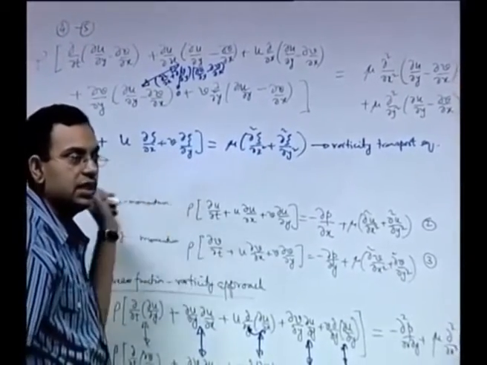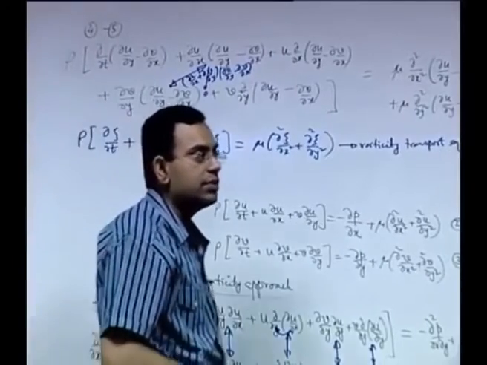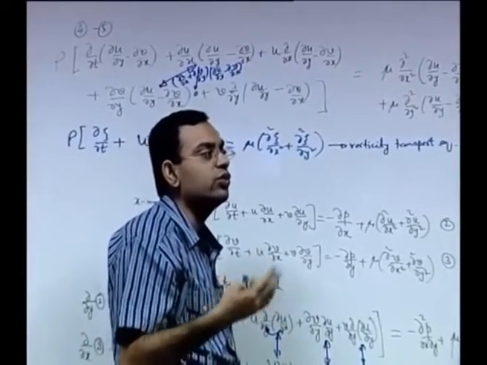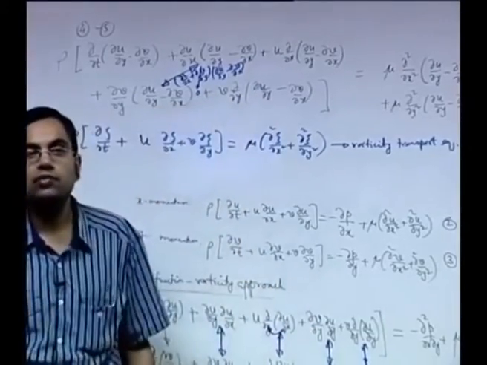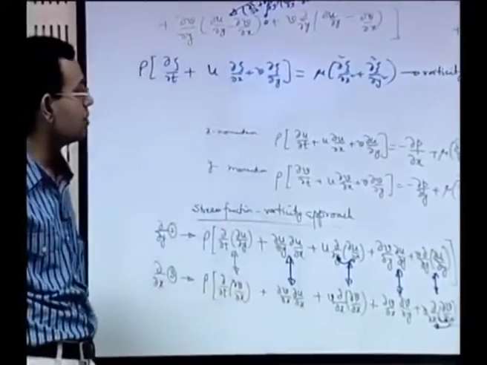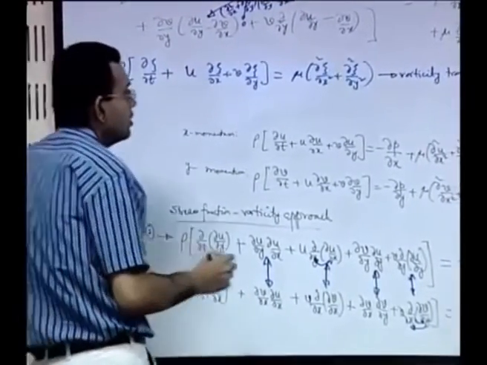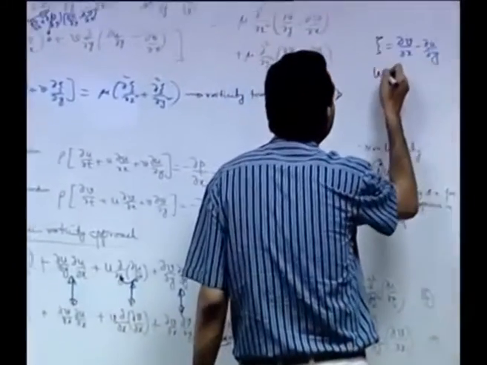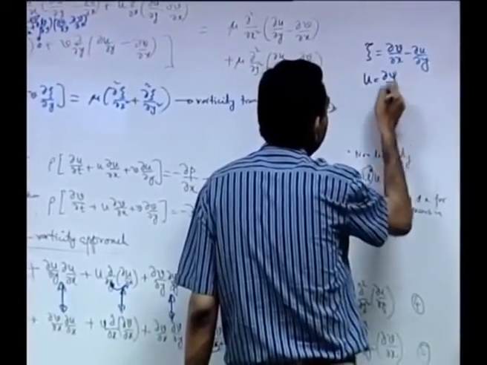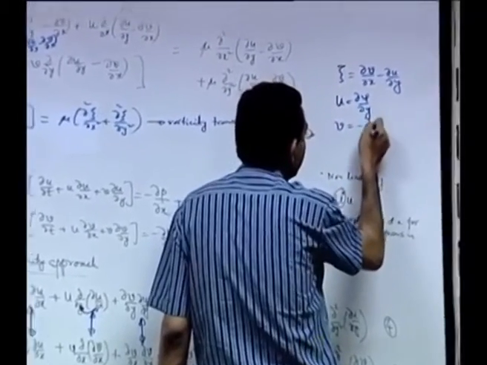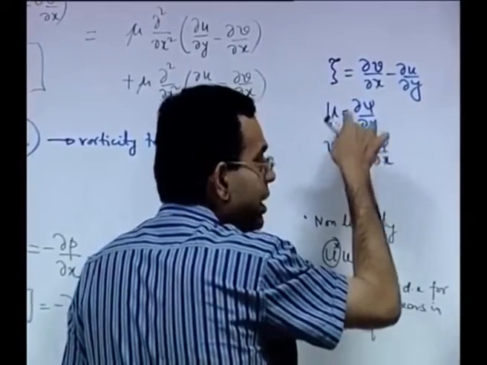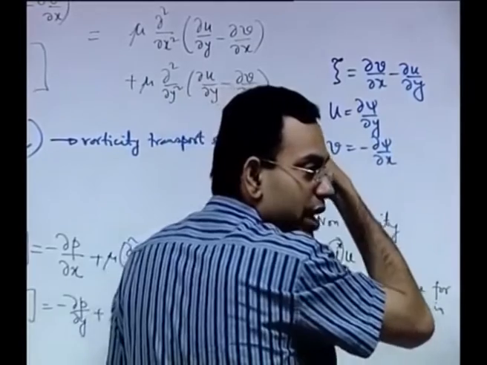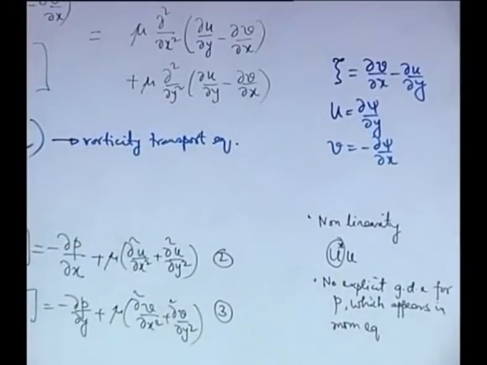Now, still it involves u and v, although pressure is eliminated, u and v is there. So, there must be some other parameters that are connected to u and v, and in 2 dimensional incompressible flow the parameter that connects u and v is the stream function. So, you can define u is equal to del psi del y, v is equal to minus del psi del x. Again any one of these could be a plus sign, another could be a minus sign. The objective is to satisfy the 2-dimensional incompressible form of the continuity equation.